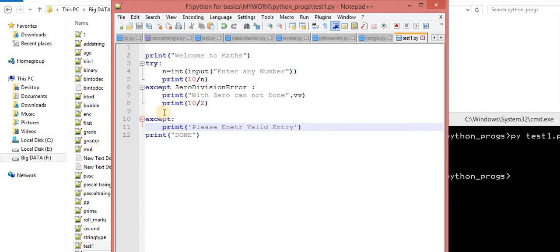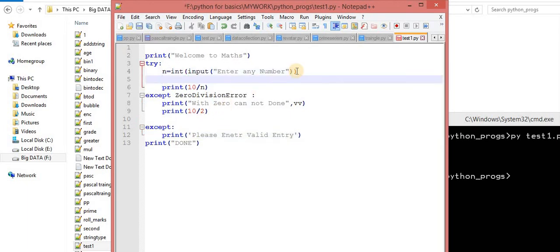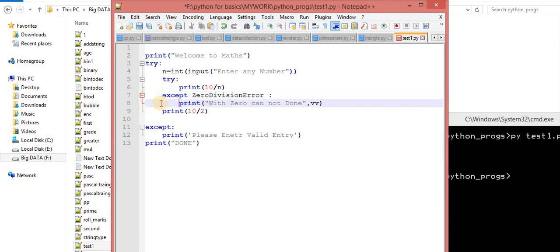Okay, there is one more that is called the inner try block. Try inside try. Now understand it. Try inside try, nested try, you can say. Basically the code which is highly risky would be inside this nested try. So this except over here, this one over here, this one over here.